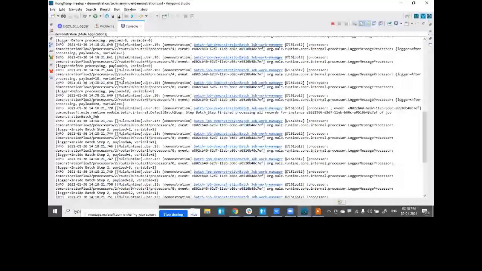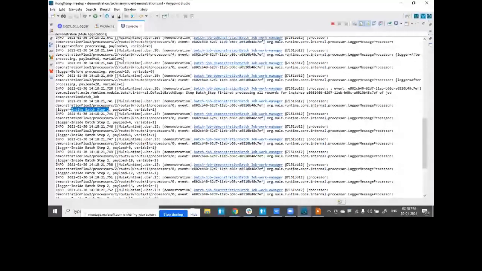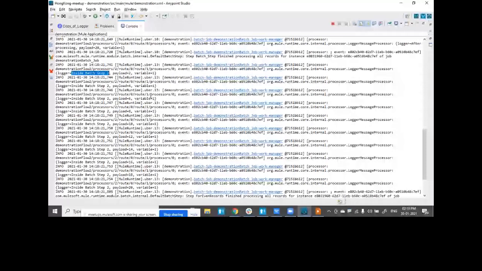Payload set to 2, 4, 6, 8, 10. Because if you remember, in my first batch step, I have changed all the values to multiples of 2. So I'm getting all the 10 records over here, payload set to 2, 4, 6, 8, 10, 12, 14. And the variable value still persists. For each and every record, the variable is getting incremented to value 1.